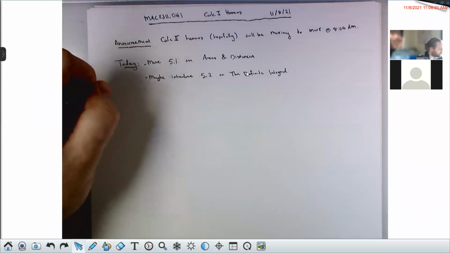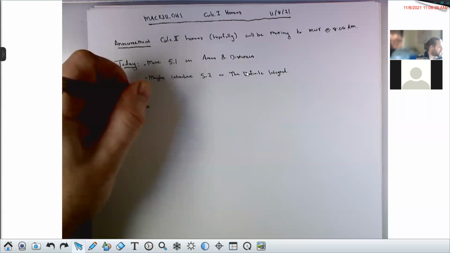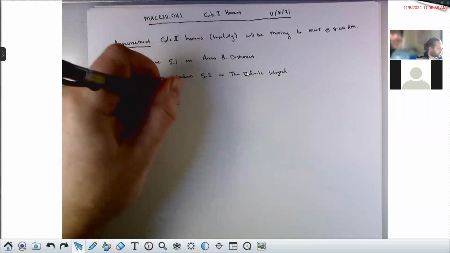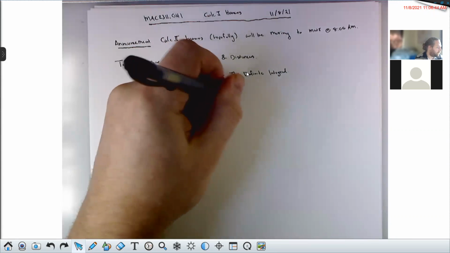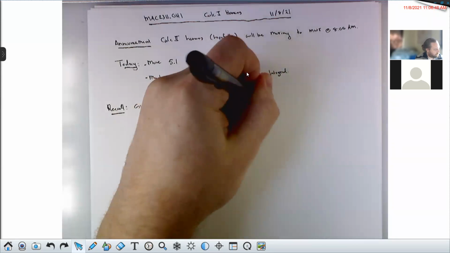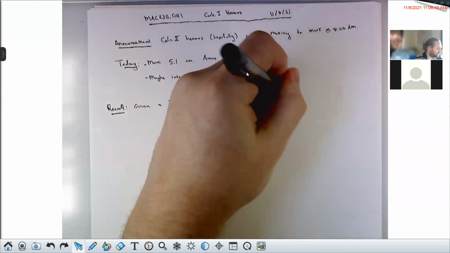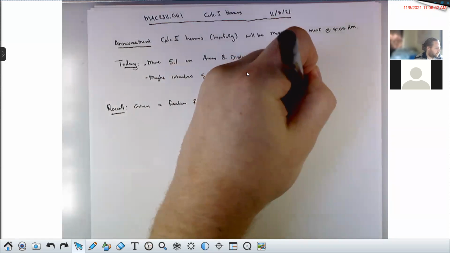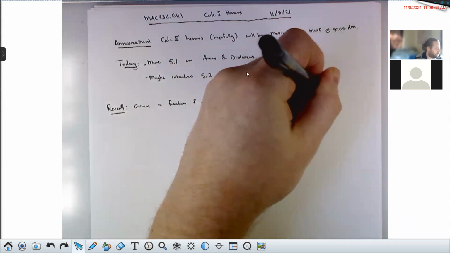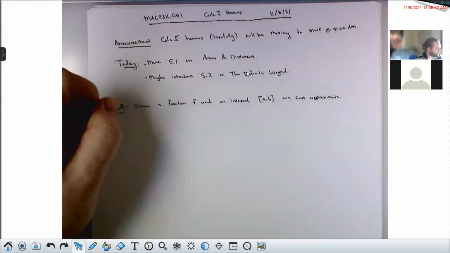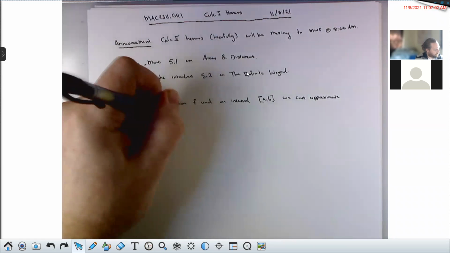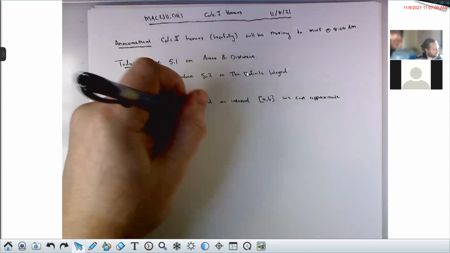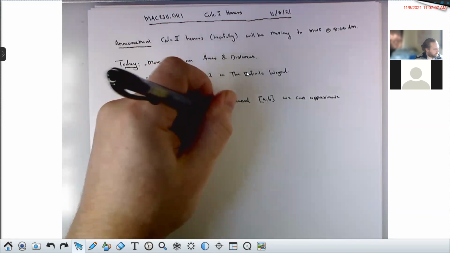So recall, given a function f and an interval [a, b], we can approximate the area under the graph y equals f of x from x equals a to x equals b